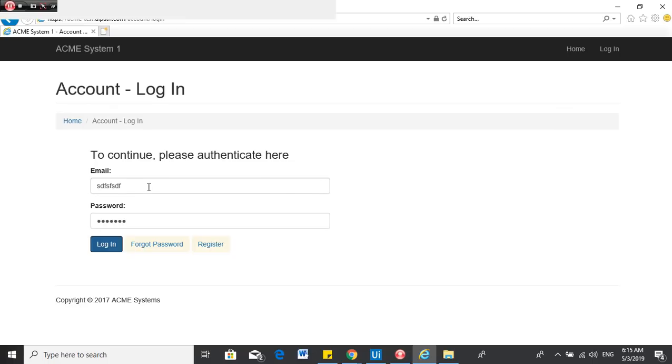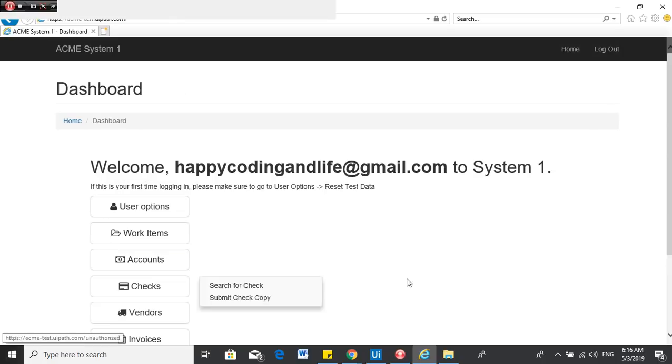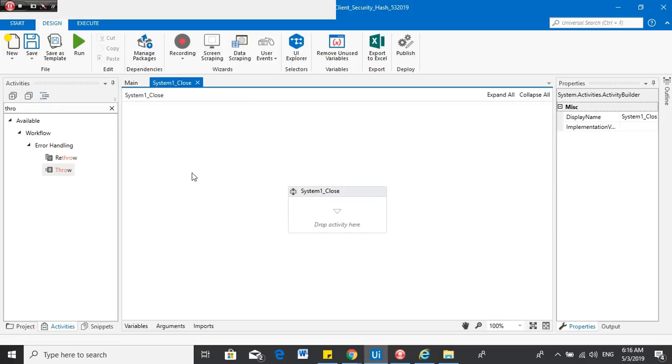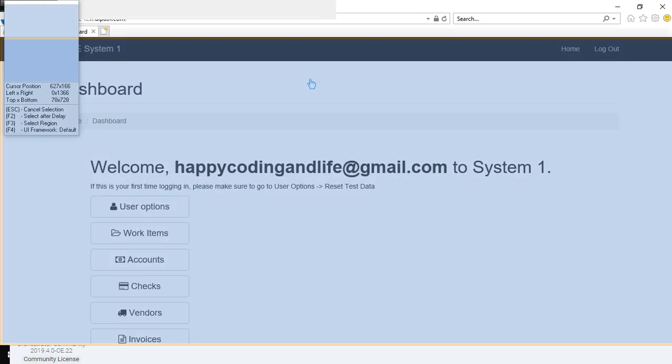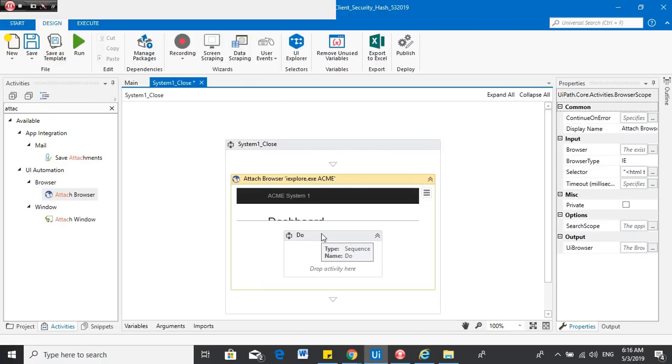So here, okay, I forgot. I think I remember it now. Yeah, so we need to start with the attached browser activity. So search for that activity and then indicate browser on the screen. Just select this page, and here